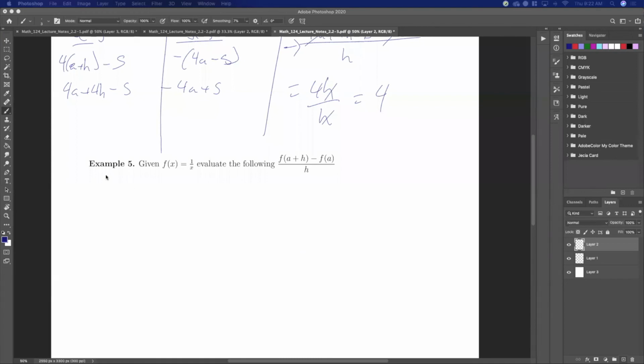All right, so I'm just going to go ahead and plug this straight in. So here, f of x is 1 over x. So f of a plus h would be 1 over a plus h, minus f of a, which would be 1 over a, all over h. And so if I was going to solve something that looked like this, what must I do? Well, I must clear out the complex fraction up top. In order to do that,